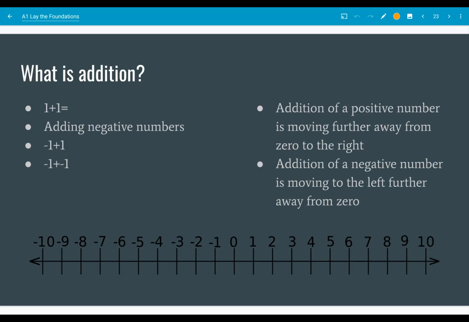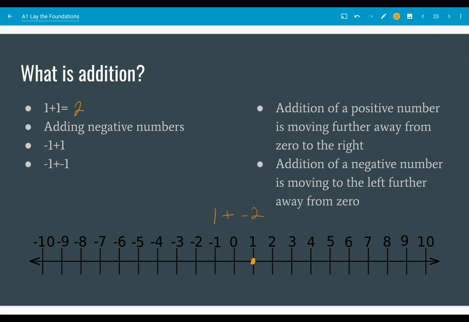So what is addition? Well, 1 plus 1 is 2, right? Addition is taking something, 1, and adding 1. So we're moving it further away from 0. If we're adding negative numbers, so let's say we have 1 plus negative 2, all that's saying is we're at